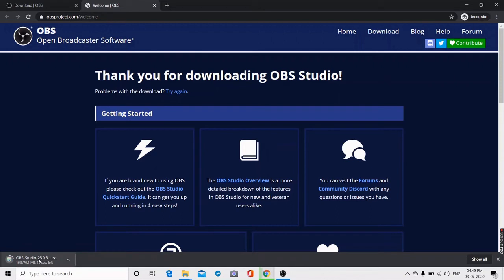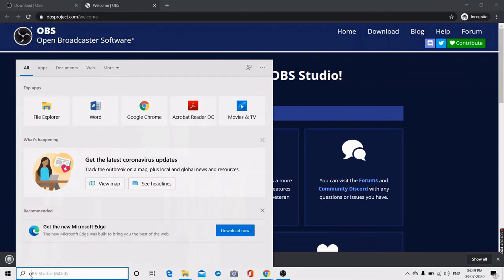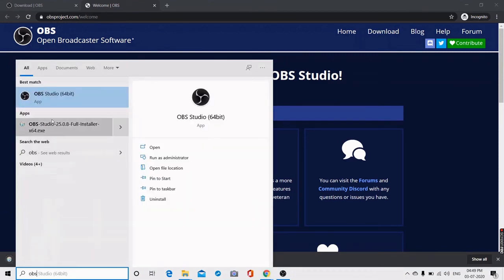Download it and run it, and it will install in your system. In my system it is already running, so I'm not going to run it again. To use it, just go to the window menu and type OBS. You will find OBS Studio; click on it.